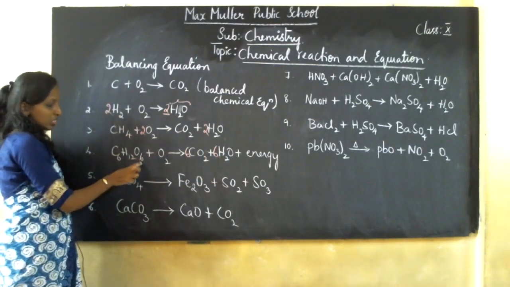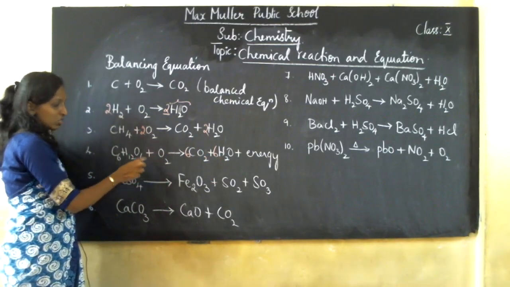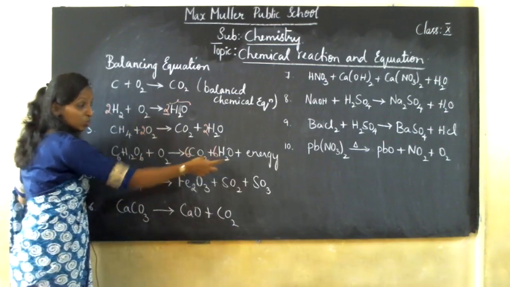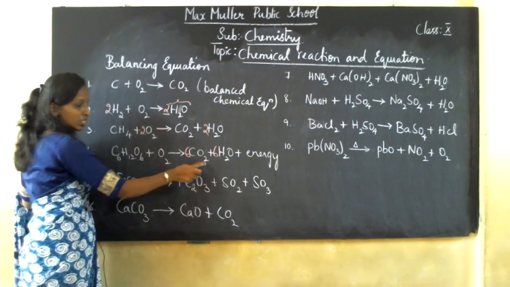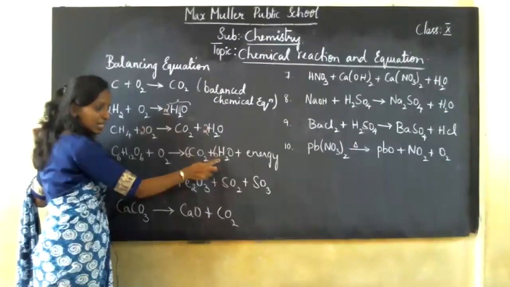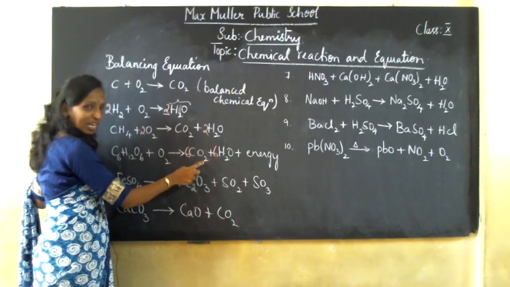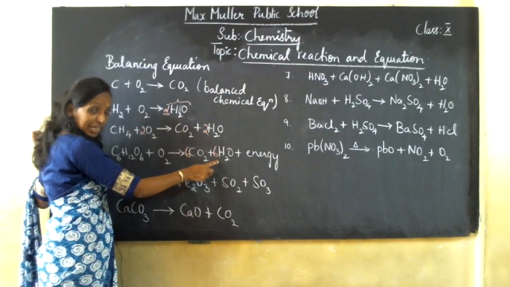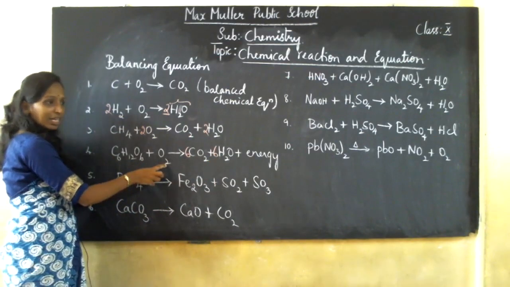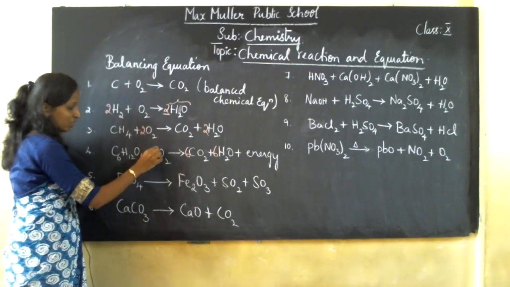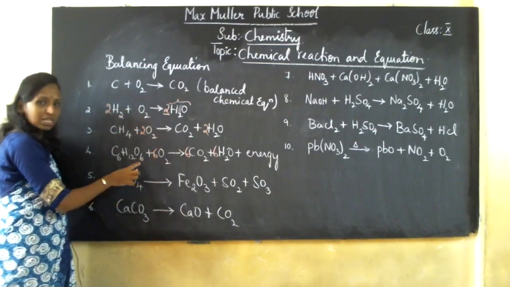Oxygen, you see, oxygen is 6, 7, 8. Correct? So 8 you have. Here it is more. Here it is less, children. Oxygen here it is 8. But here if you check, it is more. 6 2s are 12. 12 plus 6. Don't multiply this. Whatever you have, this should be added. 6 2s are 12. 12 plus 6 is 18. Correct? So 18 I require. If I take 6, 6 2s is 12. 12 plus 6 is 18.